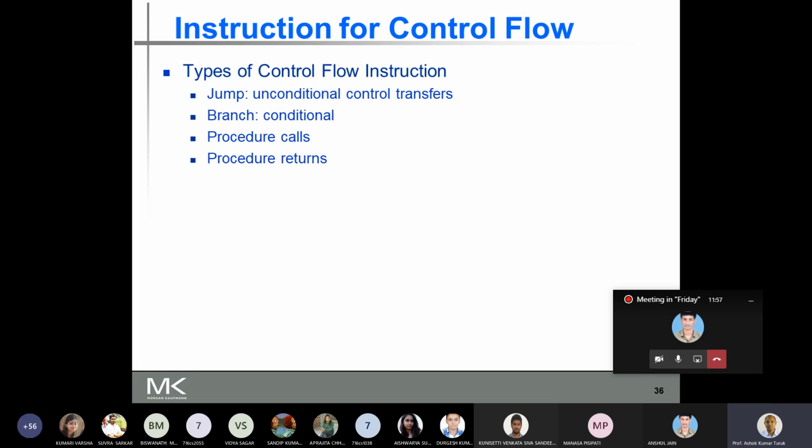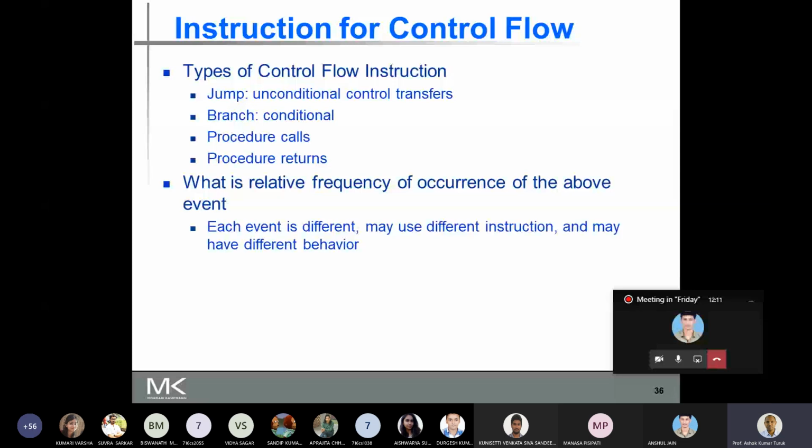Now let's look at the relative frequency of these events. There are four different types of control flow events. It is essential to know the relative frequency of each of these events, because each is handled differently. A jump is handled in a different way, and so are the procedure call and the procedure return. They may use different instructions, and each instruction also has a different behavior. So this shows